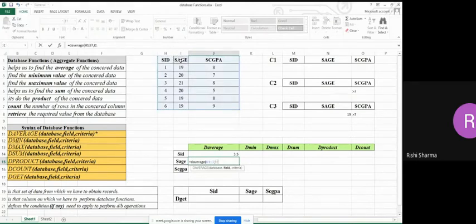Field name is SH. And then I'm selecting the criteria. This is my criteria. And then I'm closing it. So what will be the average of this particular column SH? It will be 19.6667.